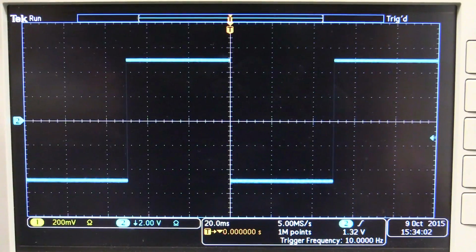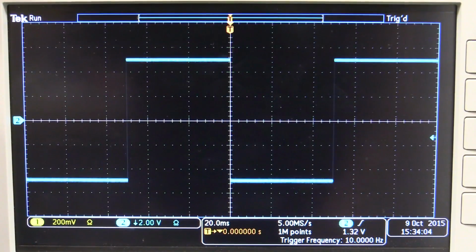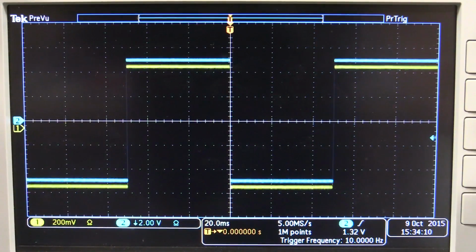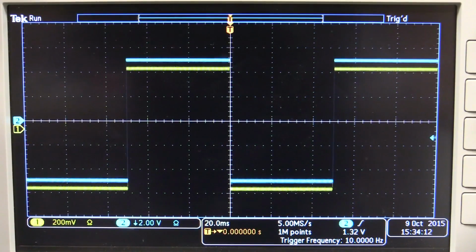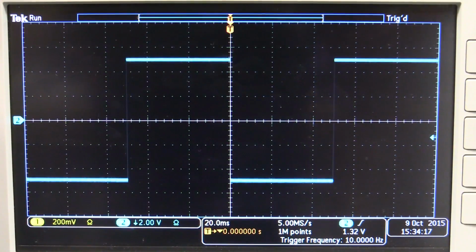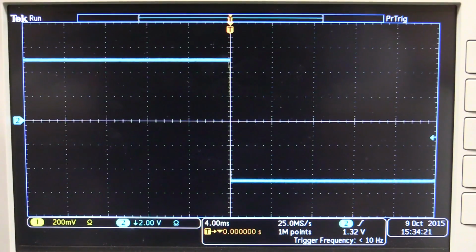Ta-da! Right, now here's where the wheels fall off the billy cart with the Rigol, and here's where the Siglent X series saves the day. You can't see it, but I've actually got both waveforms in there, okay? So they're identical. We've got a 10 hertz waveform, but the minimum rise and fall time of the Rigol was that massive 200 microseconds. You saw it. So if we go in there and actually have a look,